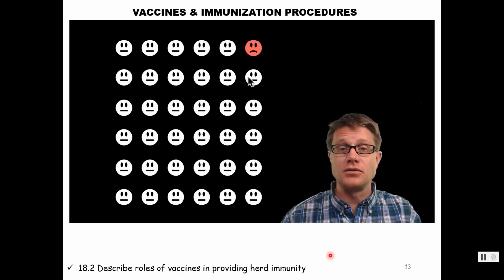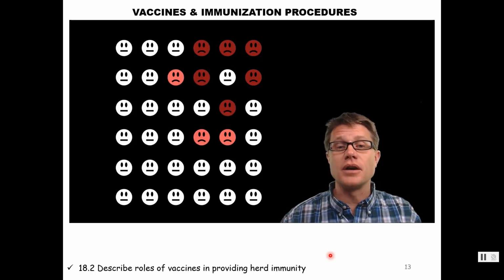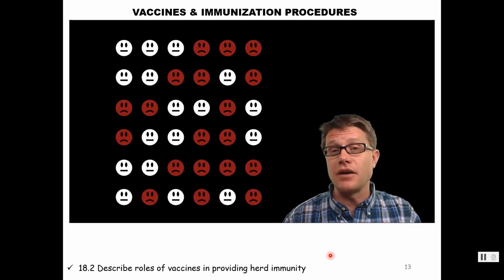Heads you get sick, tails you don't, and 2 of the people got sick. I then took those individuals and flipped coins for the people around them, and this person, for example, infected 1 individual, and this person infected 2. And then I just kept doing that over and over and over, and you can see how the disease spread